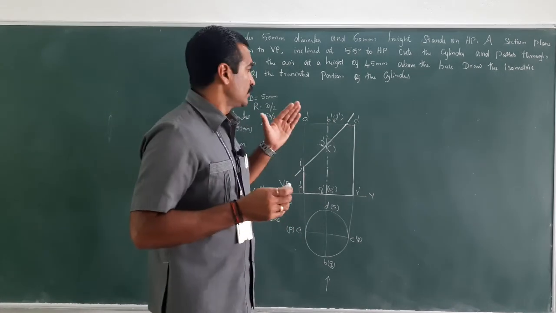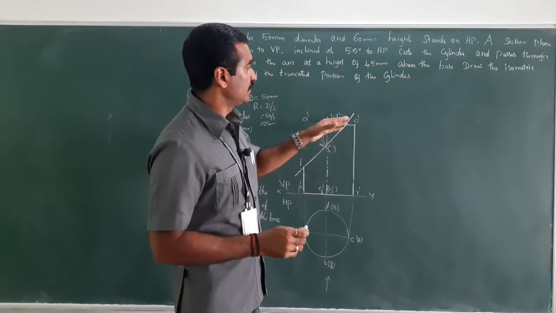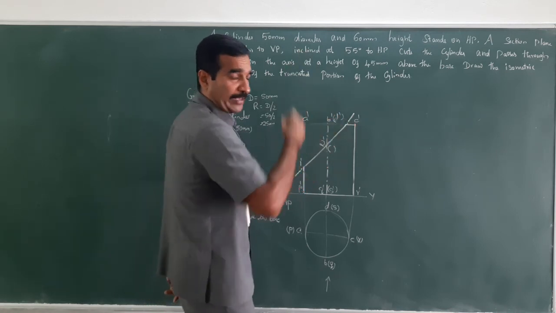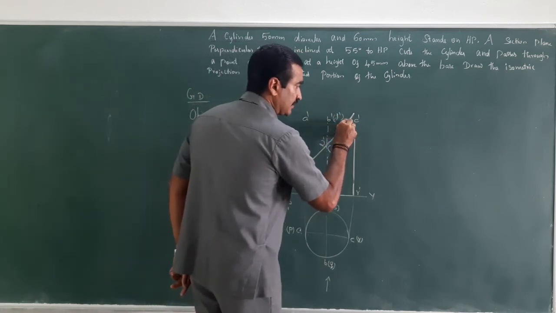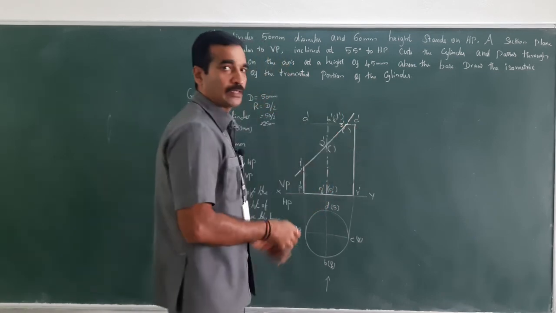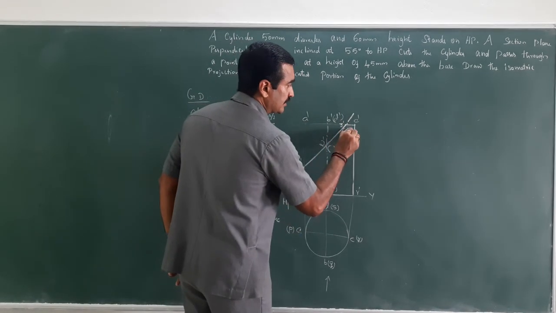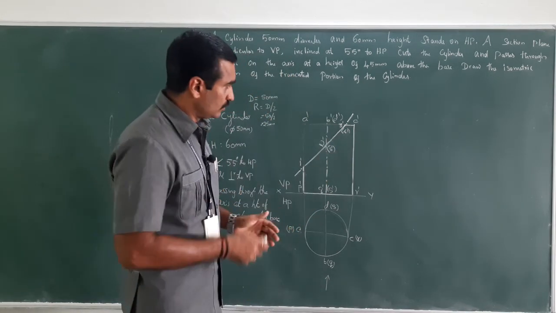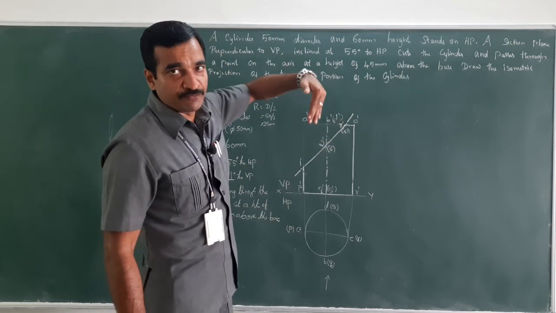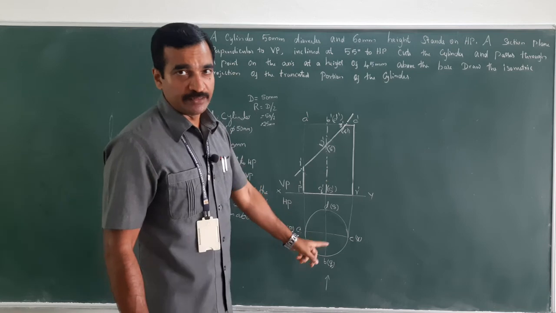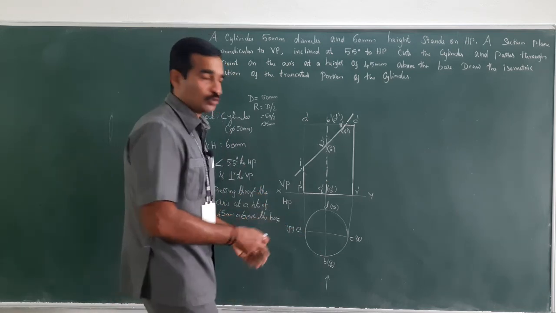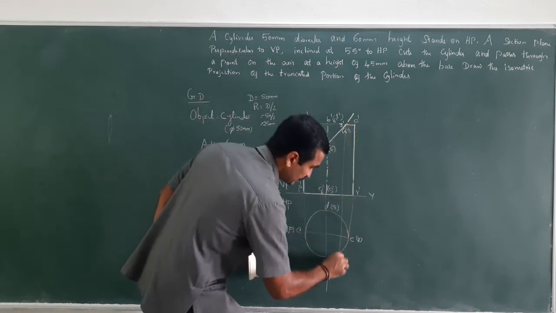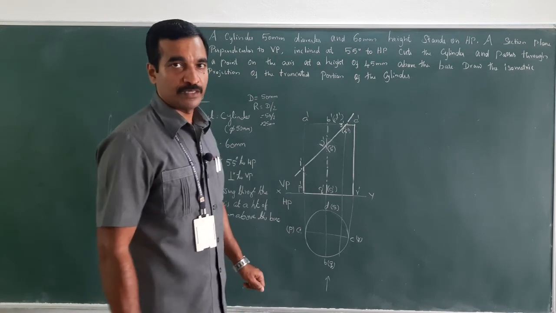When a section plane or cutting plane cuts the top face or bottom face, 2 points are generated, isn't it? So here it is cutting the top face, therefore 2 points are generated, 3 dash, and leave a bracket. Now start filling the bracket here. This is 4 dash and this is 5 dash. Clear? Now since the cut is made on the top face, that needs to be shown in the top view. So you have to simply extend this line and project it perpendicular to the XY line, vertically downwards. Clear?